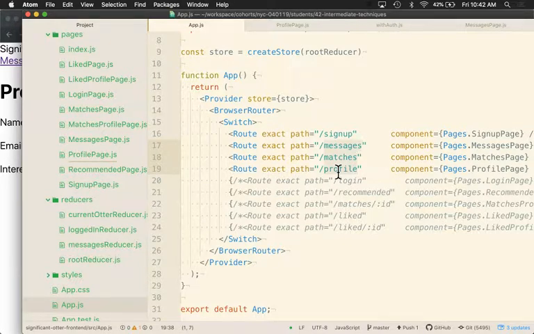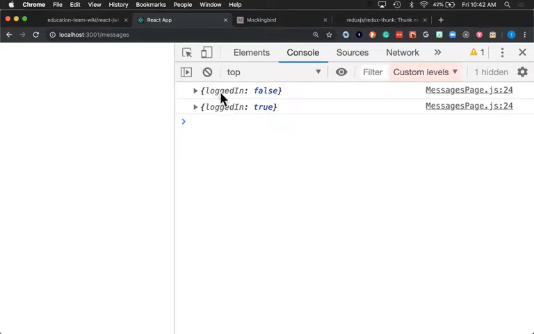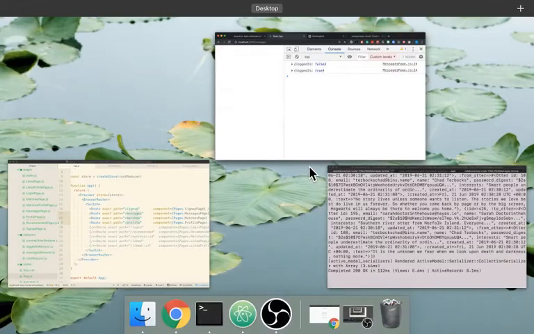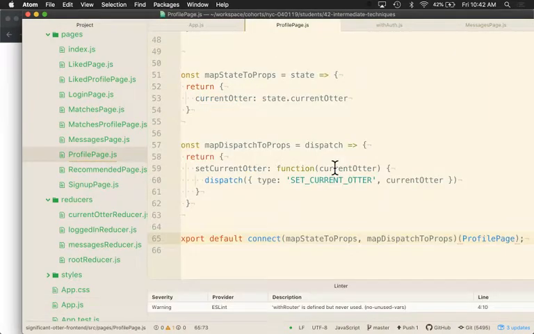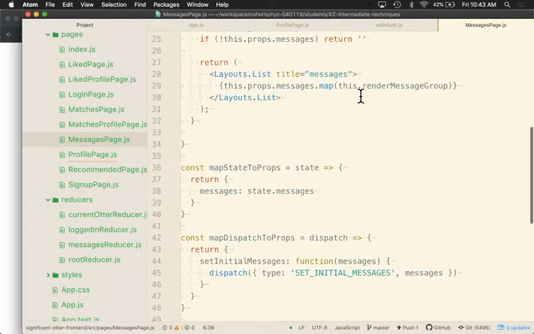So we started off in messages, trying to get messages to be connected, one to auth, and then two to our store through the withAuth higher order component. The way we're using the higher order component is just like connect. We're going to import it from someplace. We're defining the file, so we have to import it from our local project. And then at the bottom of the